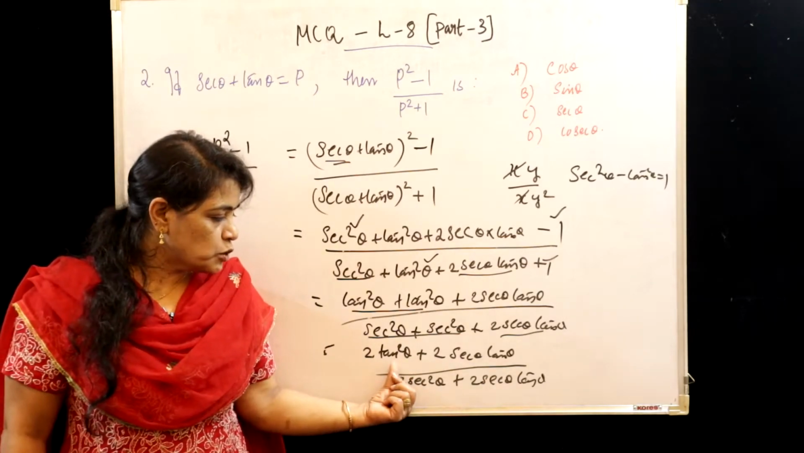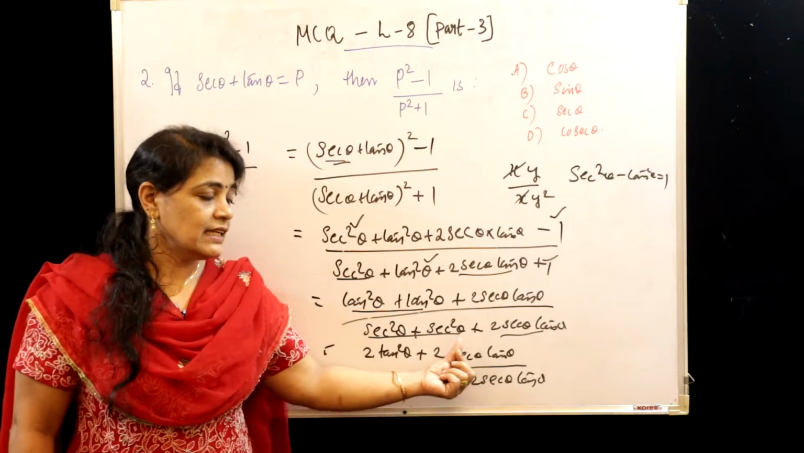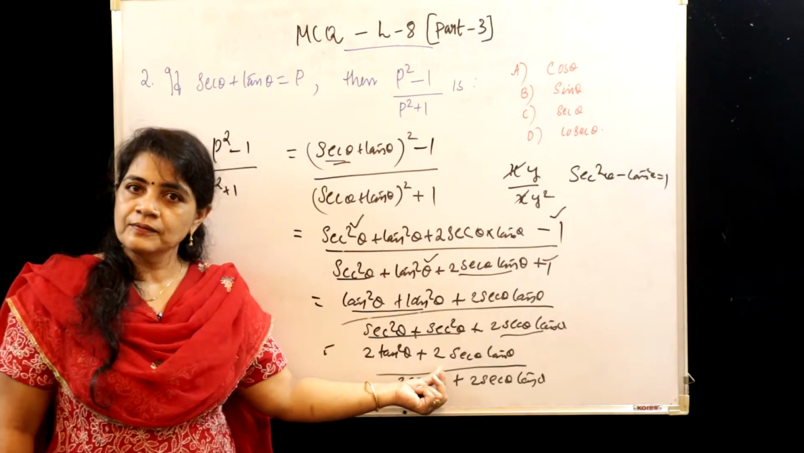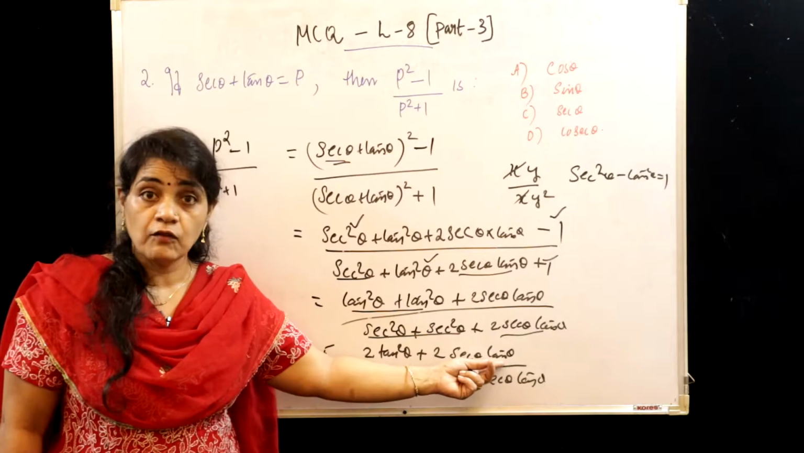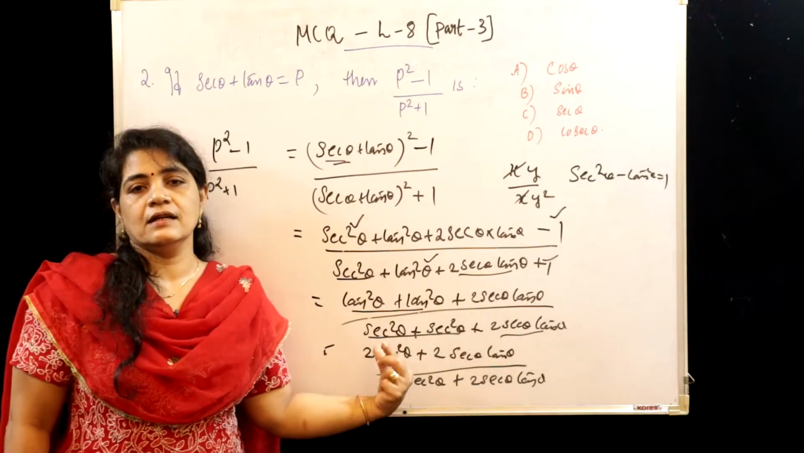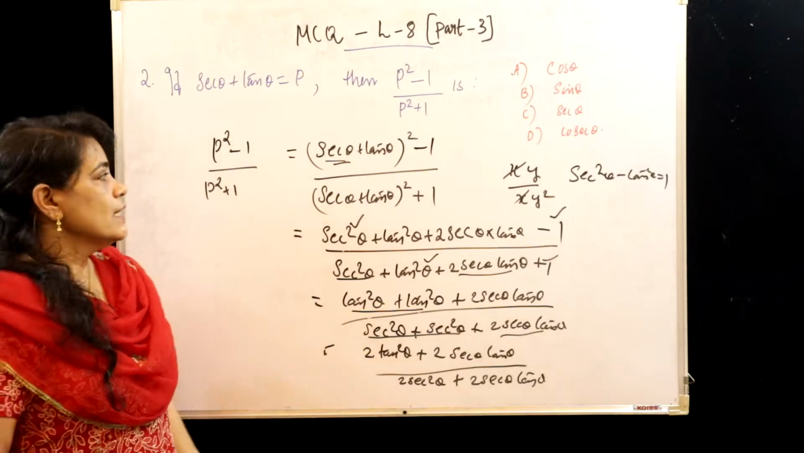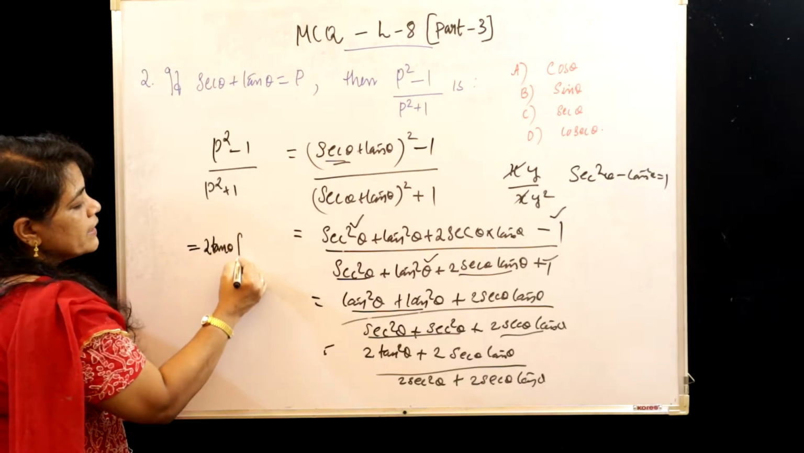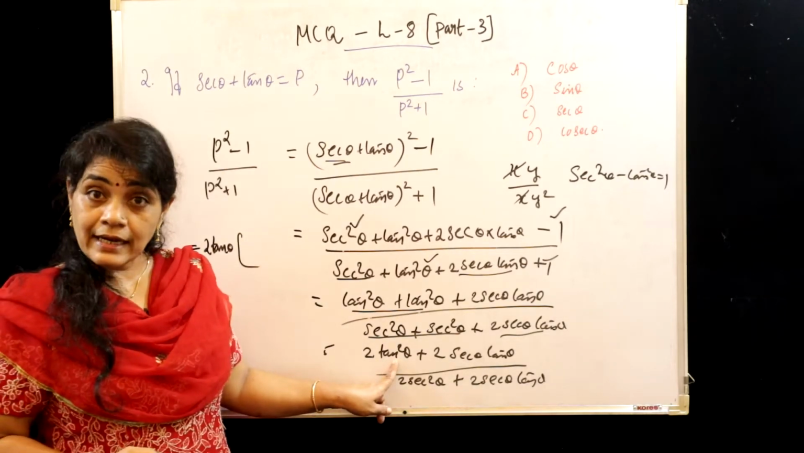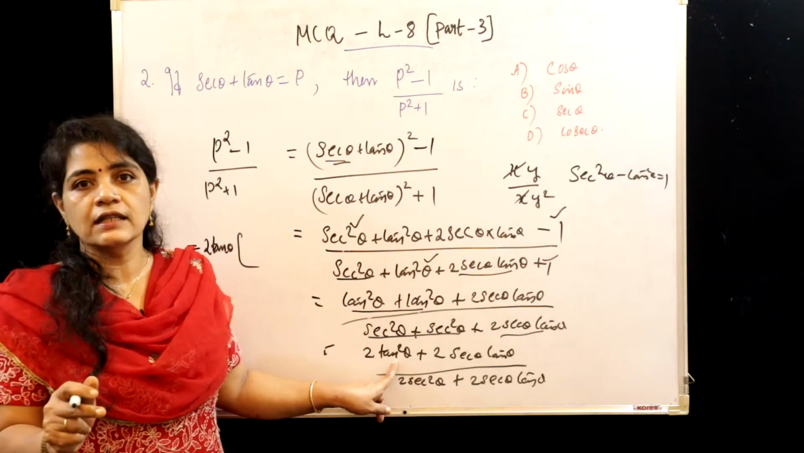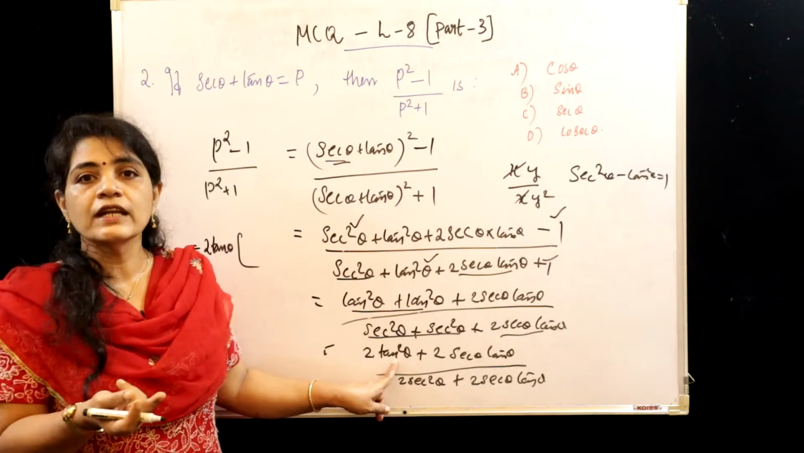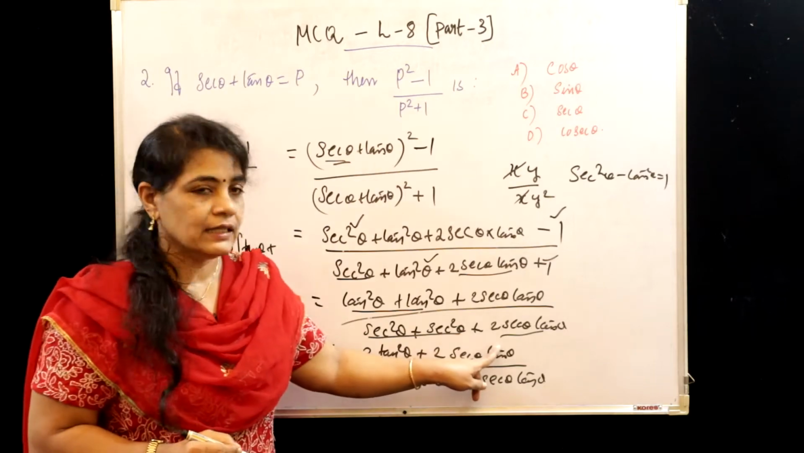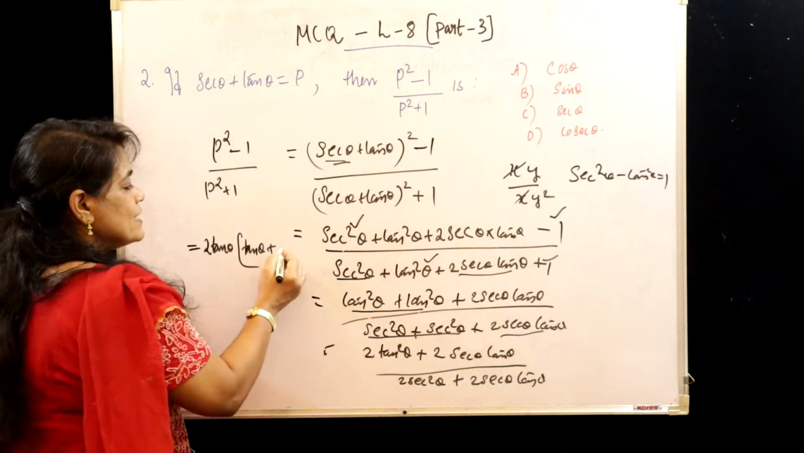See the numerator children, 2 tan square theta plus 2 sec theta tan theta. We have two terms in the numerator and the factor 2 is common. Here tan square theta, here we have one tan theta. So 2 tan theta can be taken outside from the numerator. That is the next step. So 2 tan theta comes outside, and we will have tan theta, since tan square theta is tan theta into tan theta. We have taken one tan theta, so one more tan theta is remaining there. So tan theta plus, since we have taken 2 tan theta, we have sec theta alone, sec theta